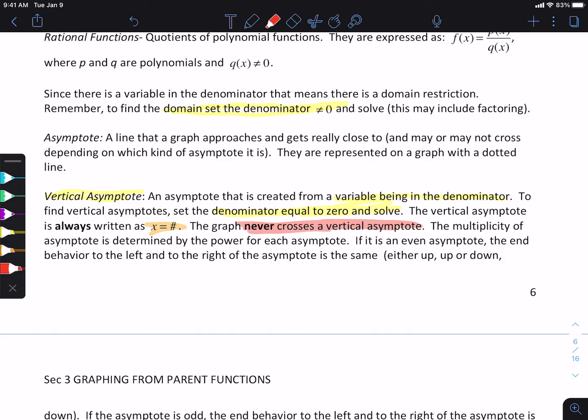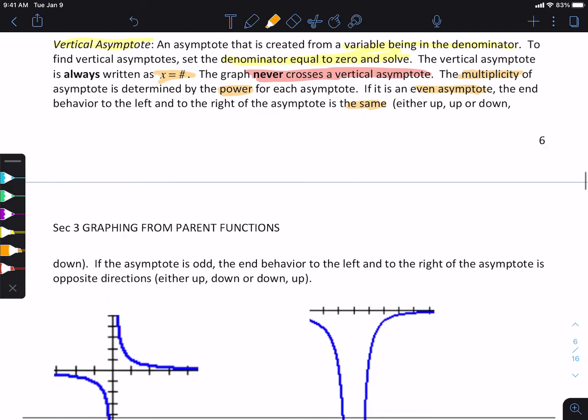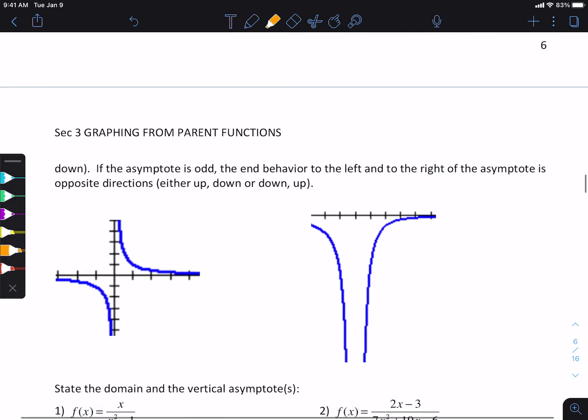Okay? We also have multiplicity, just like we've had before with our polynomials. So our multiplicity plays a part in our graph here. Remember, your multiplicity is determined by the power for each asymptote, so for each factor. Okay? We have even asymptotes and odd asymptotes. If it's an even asymptote, the end behavior to the left and right of the asymptote is the same. It's either up, up, or down, down. I'll give you a picture in just a second. And if it's an odd asymptote,